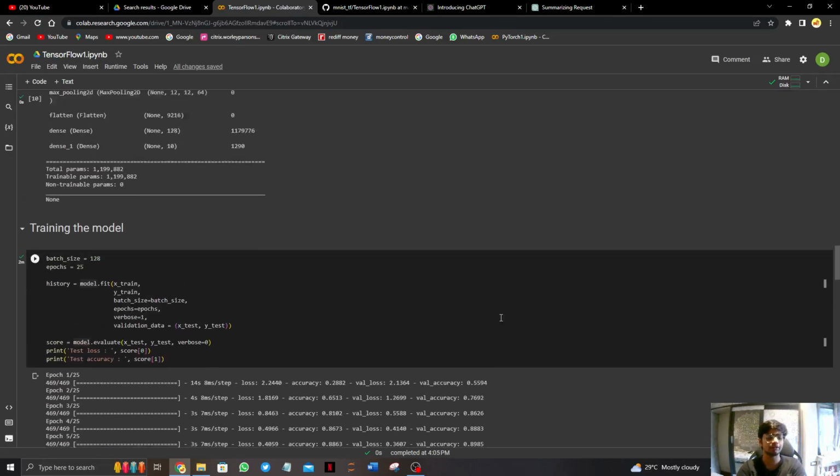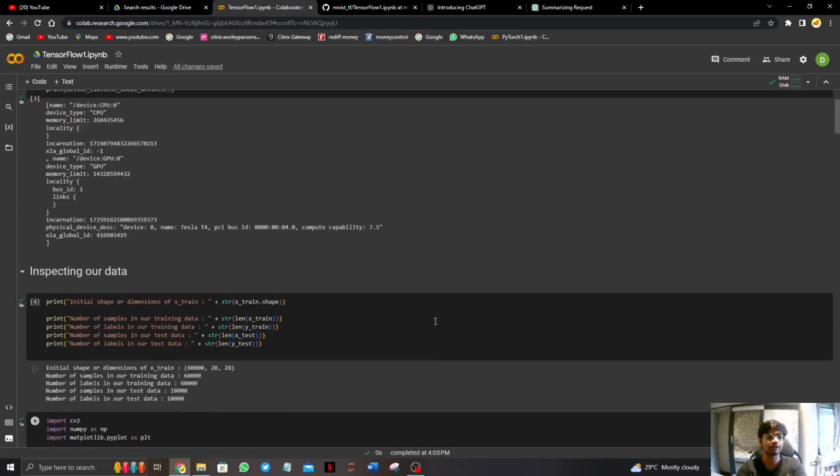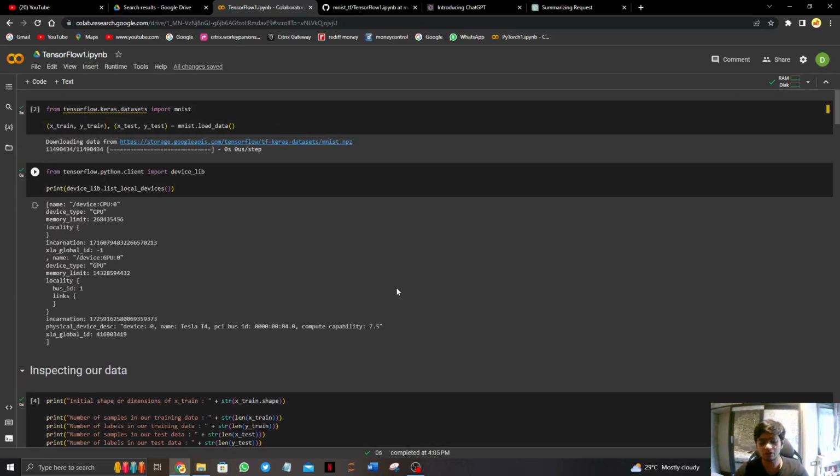This is a simple deep learning CNN architecture I have shown here, and I'll also list down the code below. You can check it out there